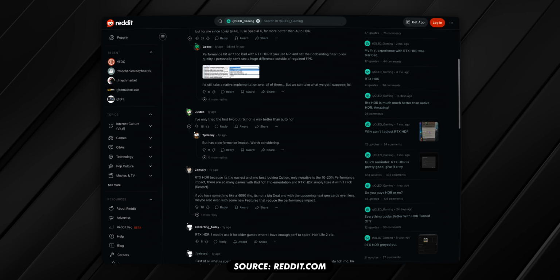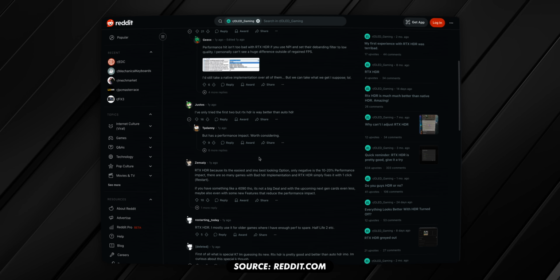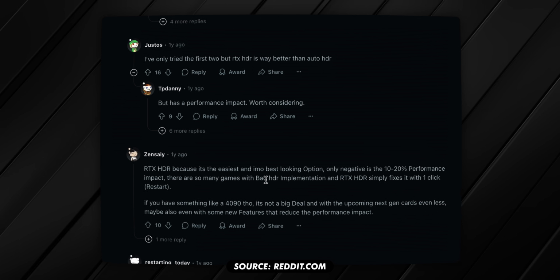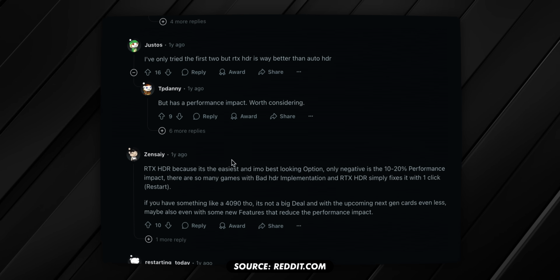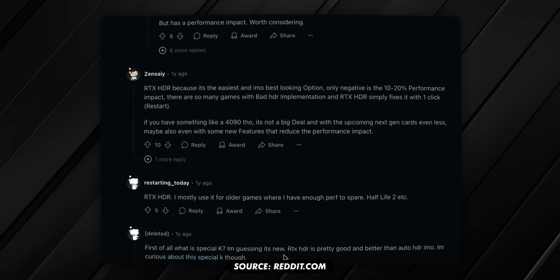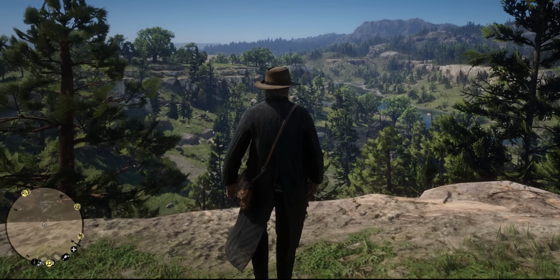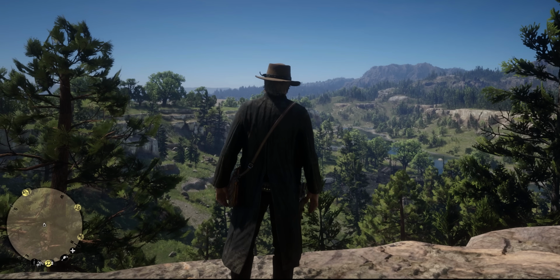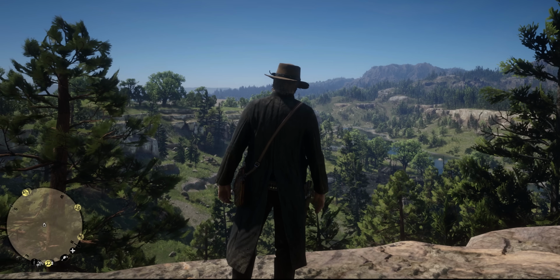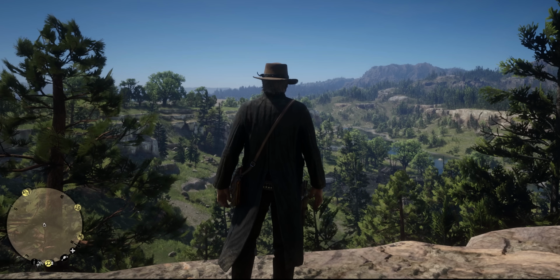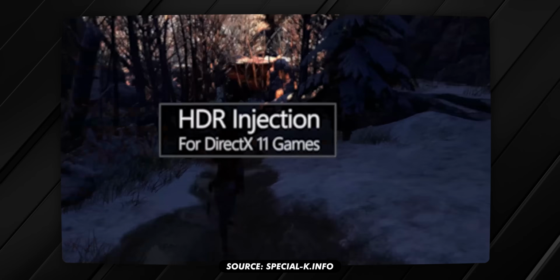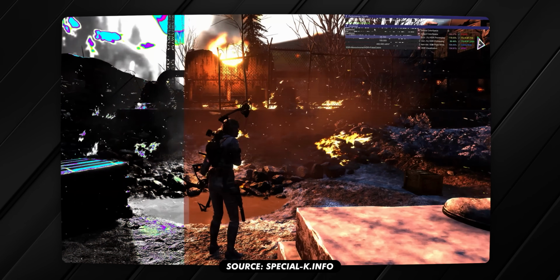However, there's one big asterisk on this whole Nvidia situation, and it's performance. It can take a pretty big hit, 10 to 20% of your FPS, or so I've read. I didn't test this myself, but thought I should mention it. Luckily, you will most likely do this for older titles, those that don't have native HDR support, which tend to be less demanding, hopefully. But there's also another option, one which I've read very positive things about, one that performance-wise